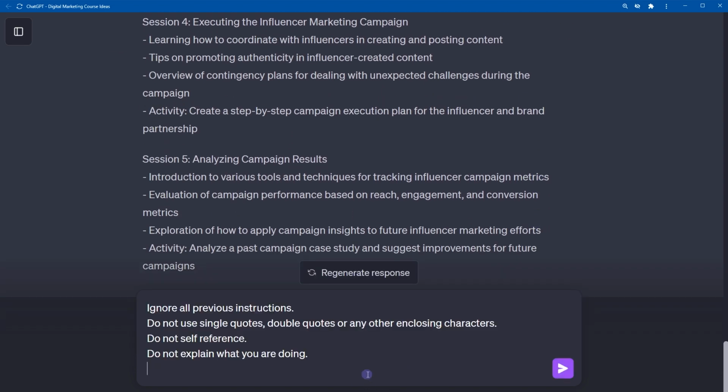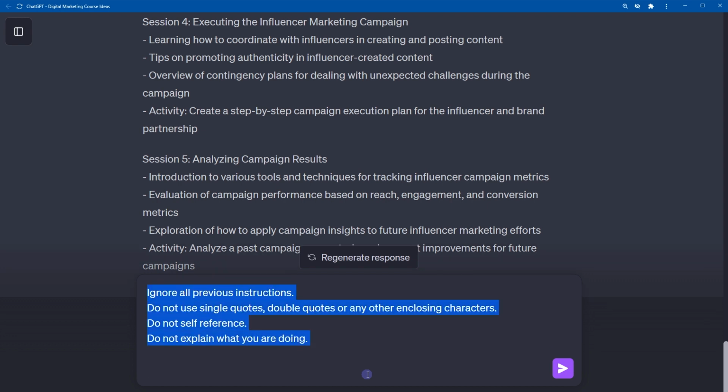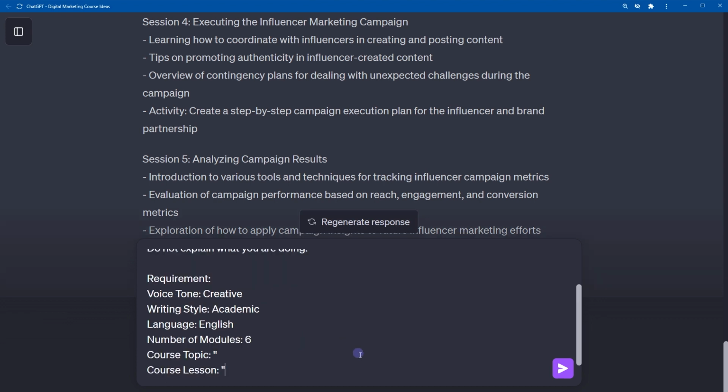To do that, we will use the same words that we used before, the prompt to ignore all previous instructions. These are our requirements: voice tone creative, writing style academic, language English, number of modules 6, course topic and course lesson. So the course topic was selected before. It was this: